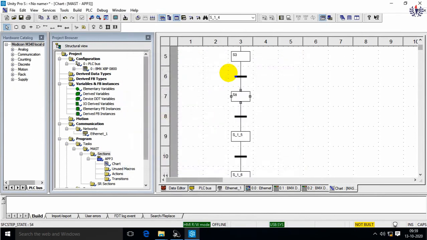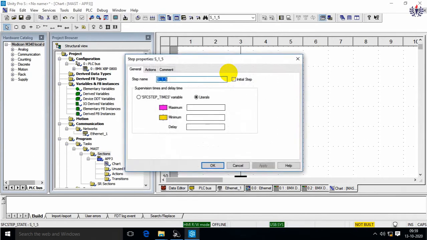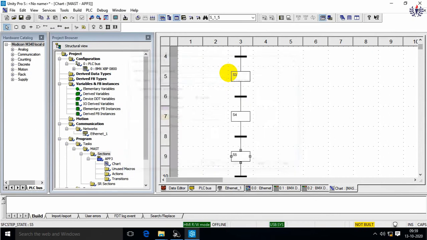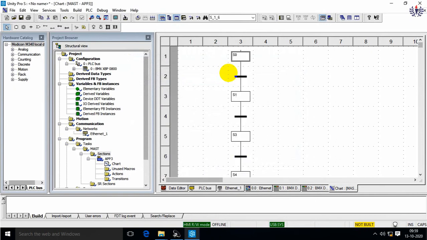Okay. So these 4 steps are created. Okay, one more step also I will create. That is step 5. So 0, 1, 2, 3, 4, 5 is fine. I think 6 is not required, so I'll delete it. Okay, so totally 5 steps I have created.